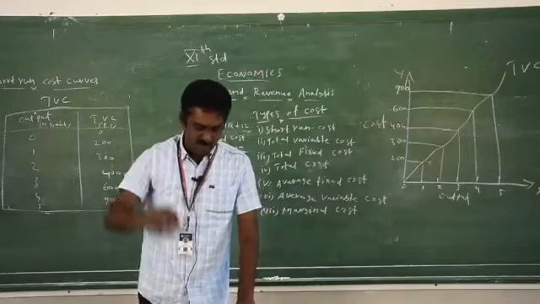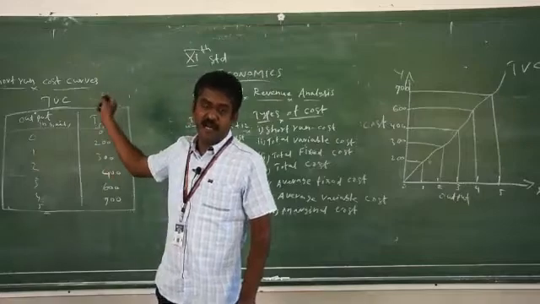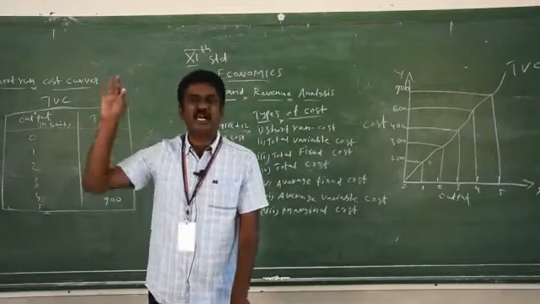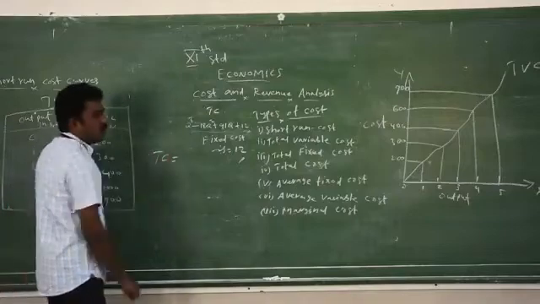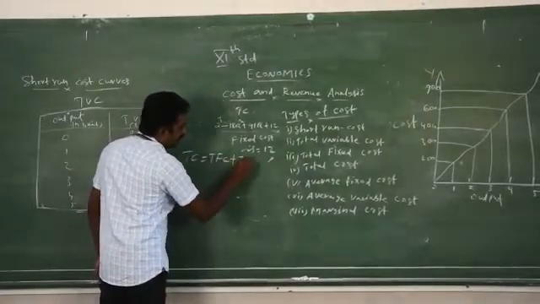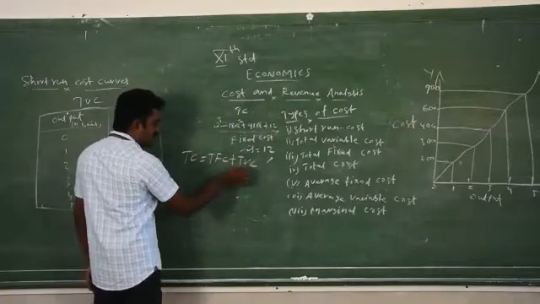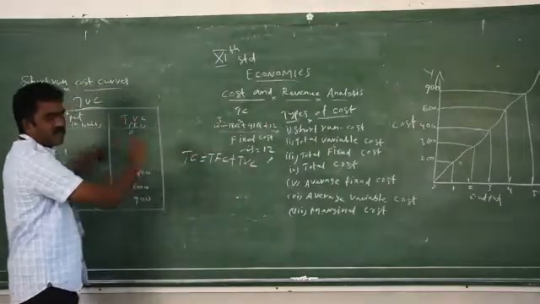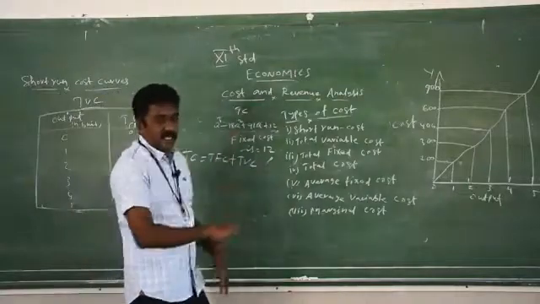There you see the page number 84. Combining these two, there is a diagram and a table, note it down. See the 4.3 total cost curve. So for the total cost curve, TC is equal to TFC plus TVC, total fixed cost plus total variable cost. These two together make the total cost. So I have explained total fixed cost and total variable cost on the board with the diagram, the table and the example.